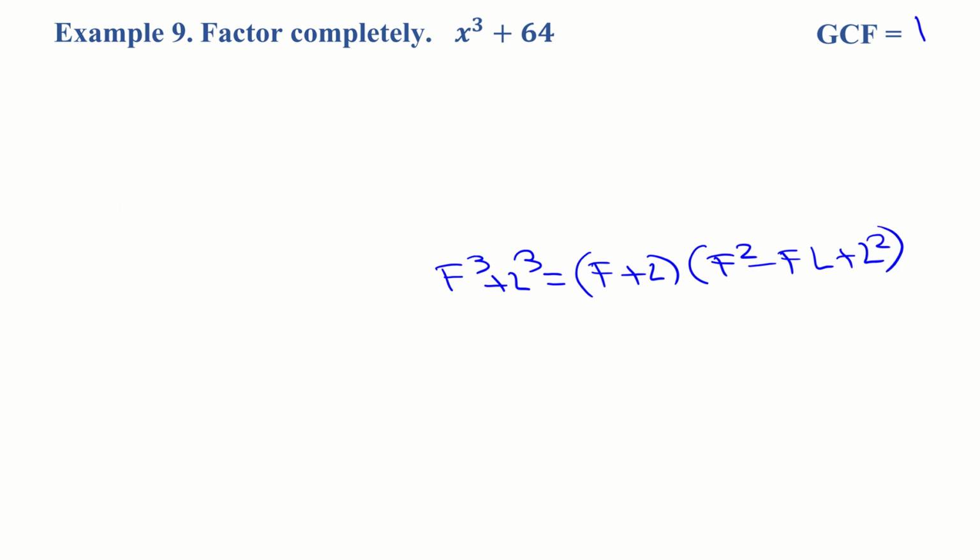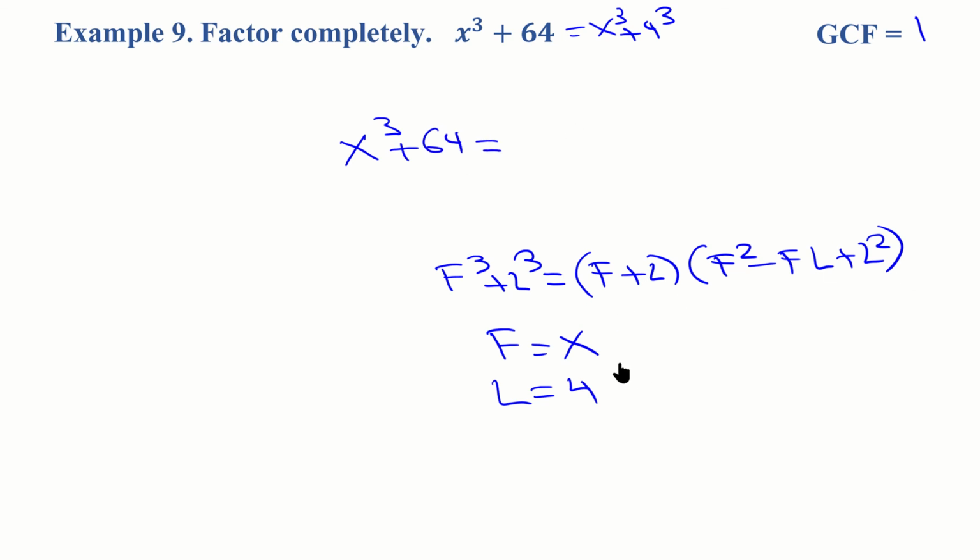And of course, the role being played by f is x, and L here is being played by 4. Because we can always write this as x cubed plus 4 cubed, right? So the factorization of x cubed plus 64 will proceed using this formula with x for f and substituting 4 for L. So we get quantity x plus 4 times, now we're going to square f, which is x, so x squared,